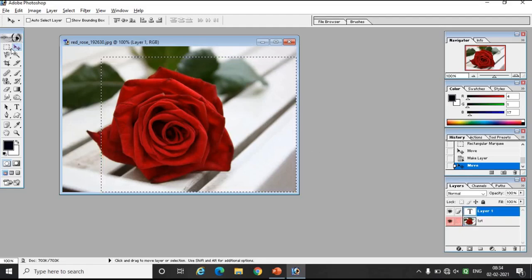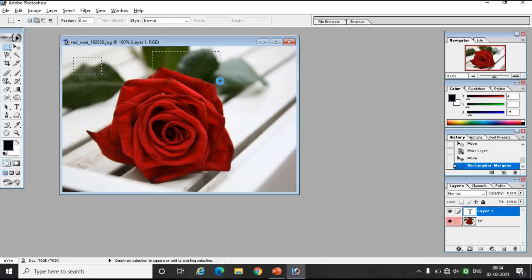So here the layer is not selected. Just click on the select tab. Now here you can see that with the help of the mouse we can select a single portion of an image. Okay, a single portion of an image. But if you want to select multiple portions of an image, how will you select them? Just press the shift key, and with the help of your mouse, you can select more than one portion of an image. So in this way you can select a layer on your system.